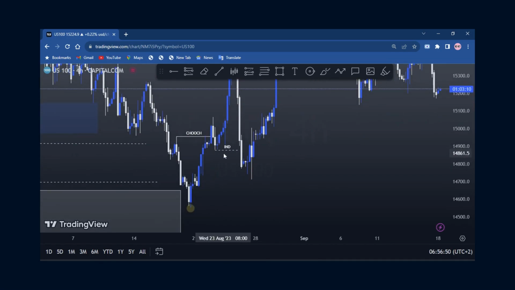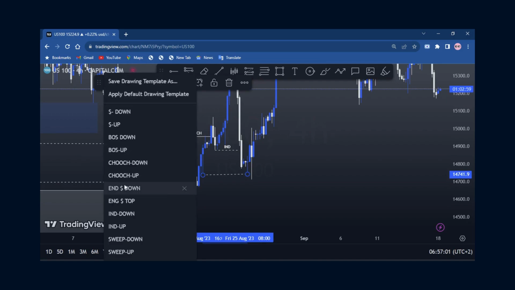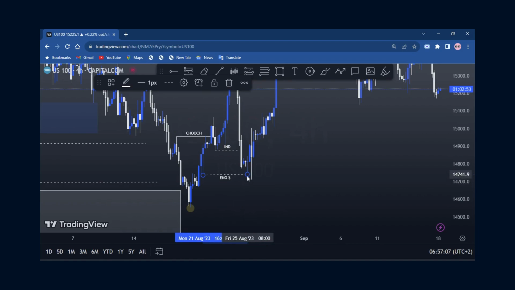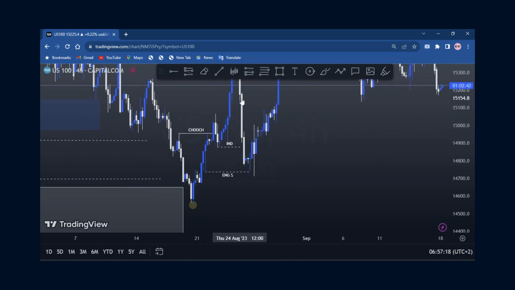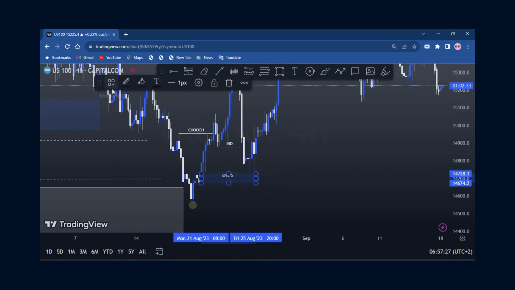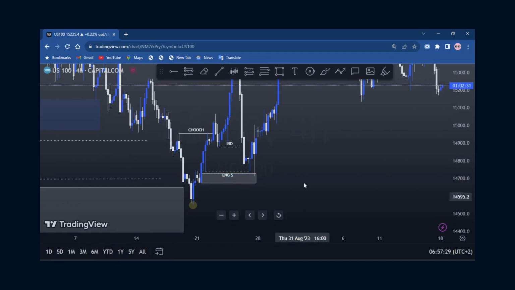So the market had an inducement there, and remember that the inducement here has now changed to what we call engineered liquidity. And now this engineered liquidity becomes powerful, because we have what we call a double bottom there, because this candle turned exactly there, right? So that's engineered liquidity. Then the market turned from this order block. So that's a high probability order block. The market turned there,